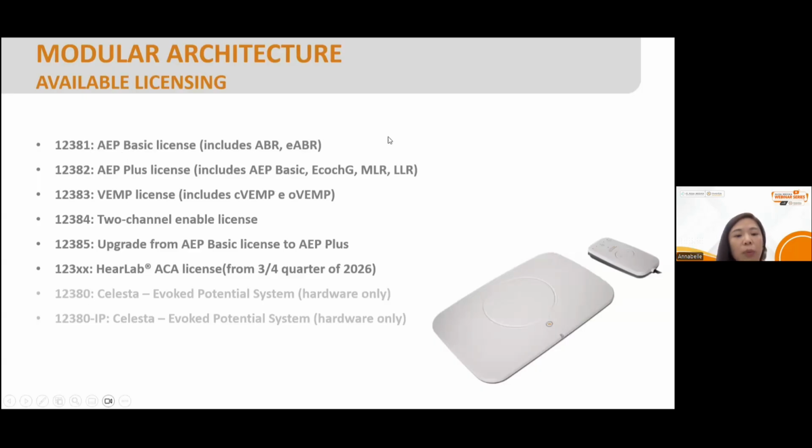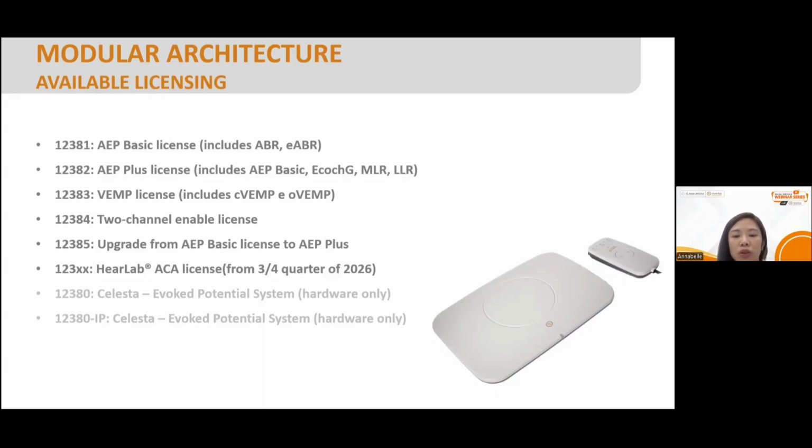And then the VEMP license, and then two-channel enable to speed up the test. And then upgrade: maybe first of all you want to try, so you get the basic part first, and then later on you expand your clinic and you include the AEP Plus. And then our flagship license is the HearLab ACA license,